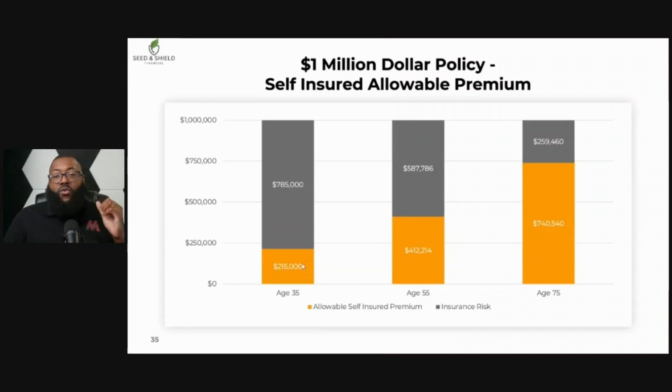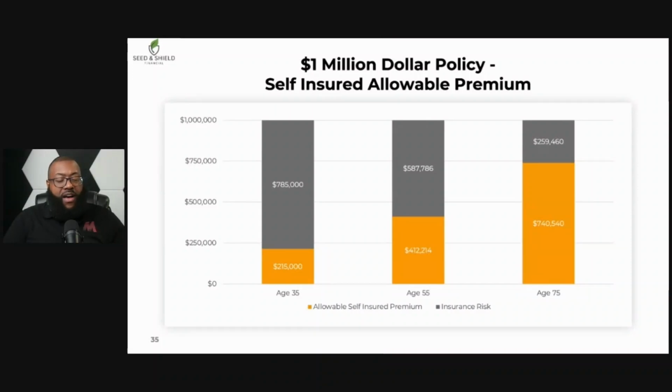But someone who is 35 years old in this example, their bucket would be $215,000. So they would come to me and say, "Hey, Moses, I really want to put $215,000 into my policy over those first 5 years, the guideline single premium." And what I would tell them is, okay, great. We would need a $1 million policy to satisfy that. That's pretty much how that would work, right?